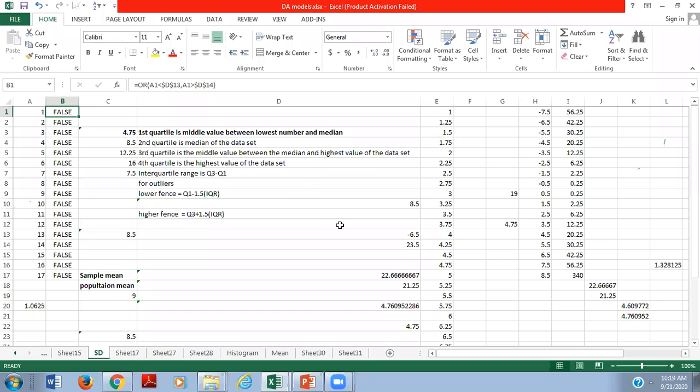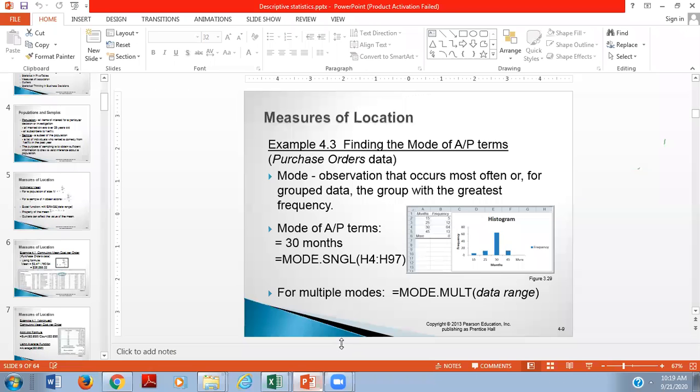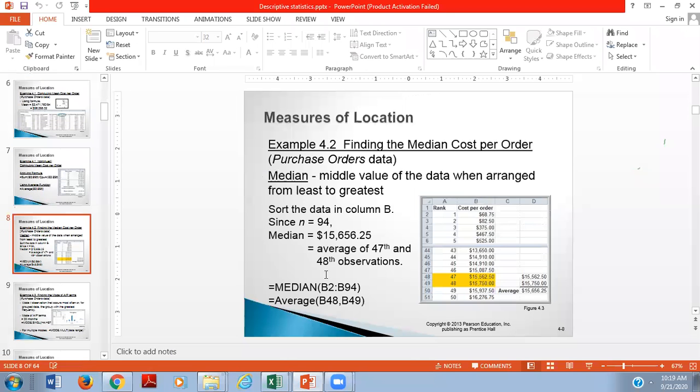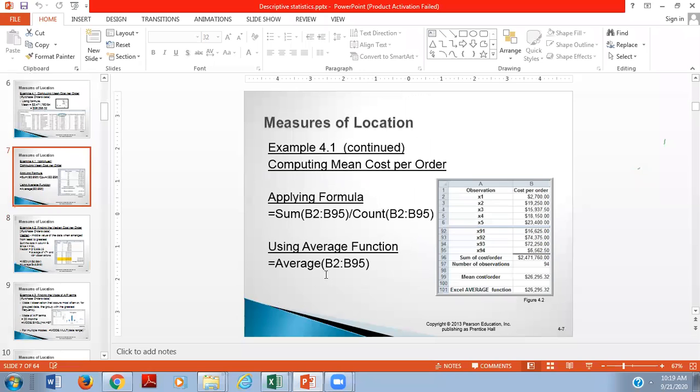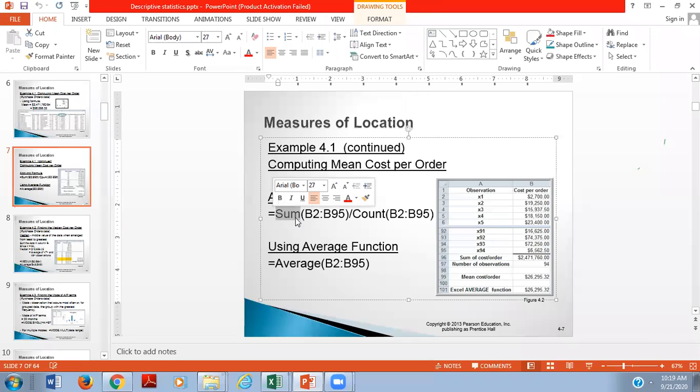For example, what I showed you today, we did the mean concept in two ways. One, the normal formula, average is the total sum upon the number of observations, where we used the sum formula and then the count formula.